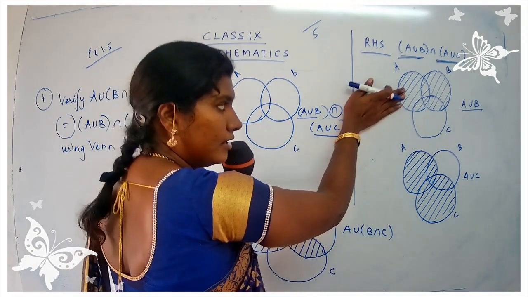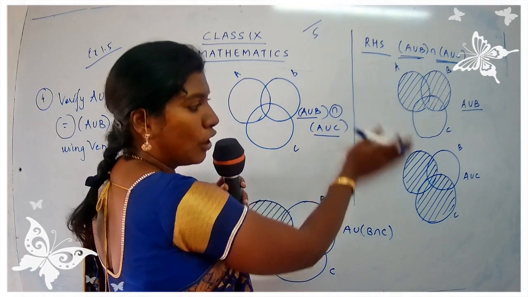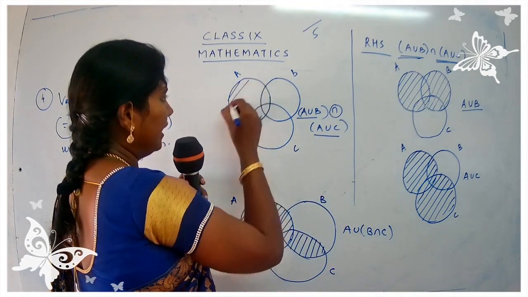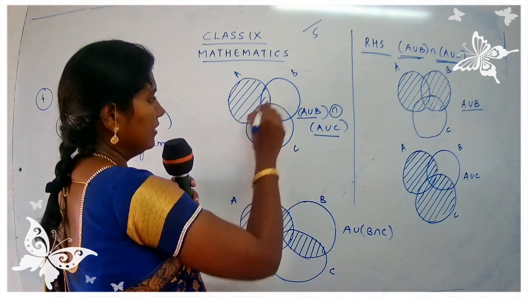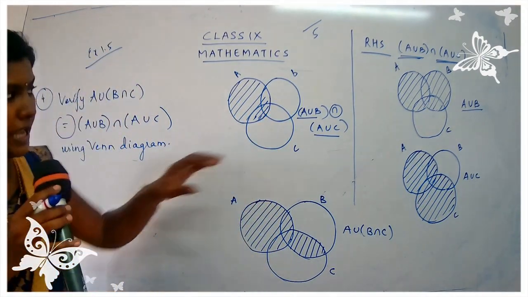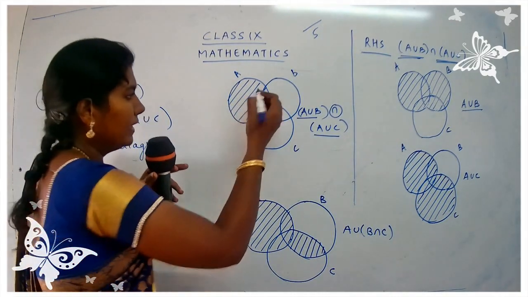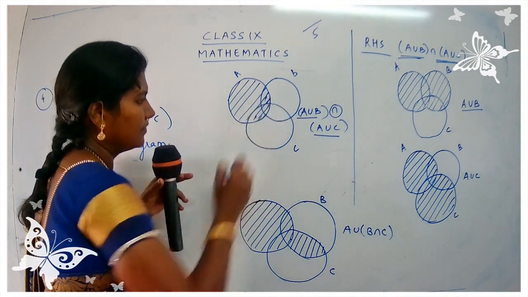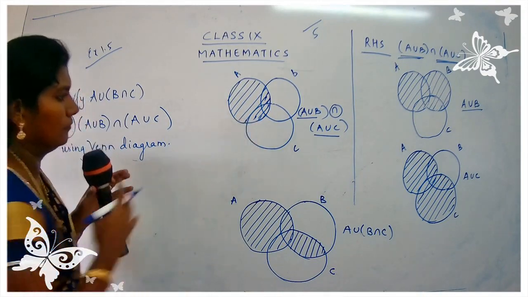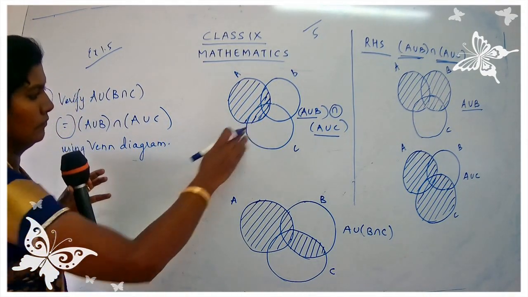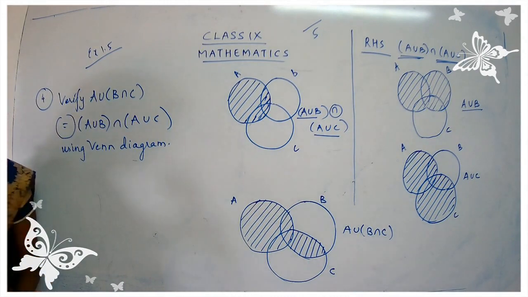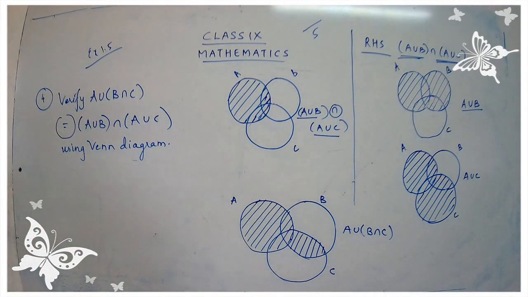Here A is shaded, here also A is shaded. So this is common. So I am going to shade A here. Come on, shade A here everyone. You have to shade it because A was shaded commonly, okay? Shade A here properly. I have shaded A. Have you shaded the common part A, children? Okay. Now let us go for the next one.